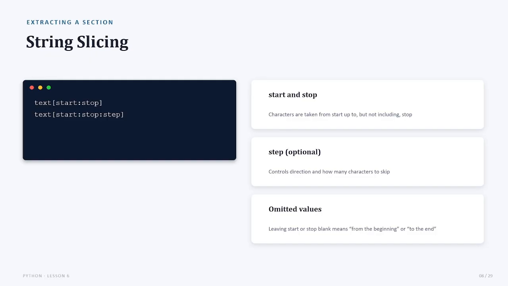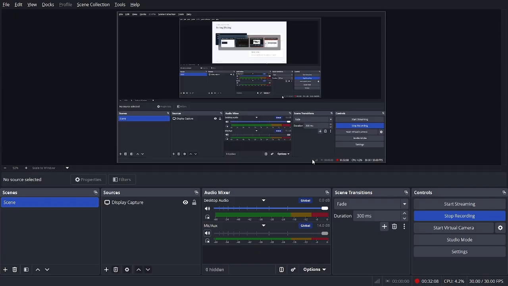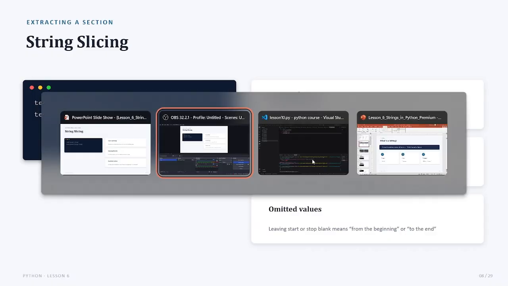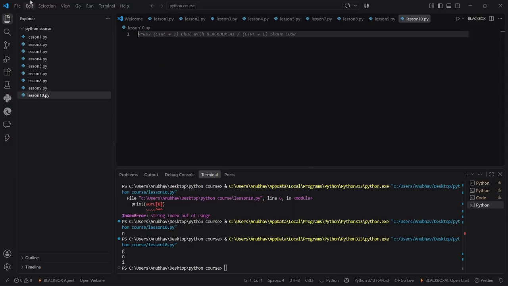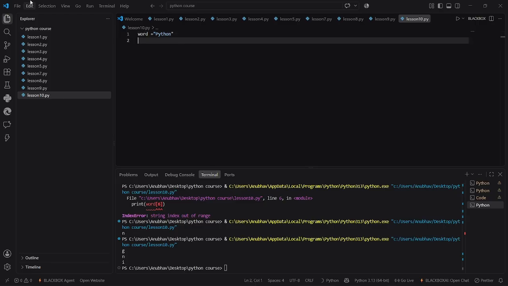For example, the word is Python, or maybe I only want PYT. But instead of accessing every character separately, I can use slicing, which means